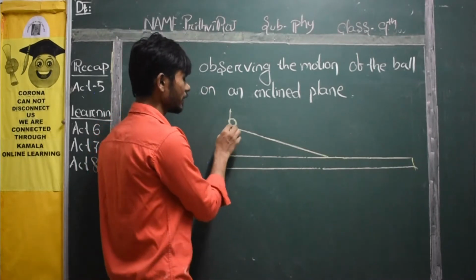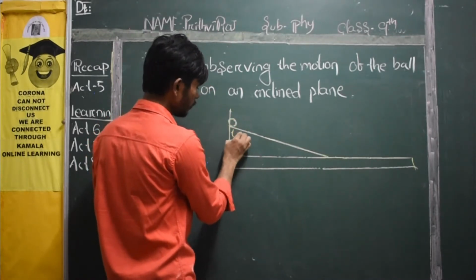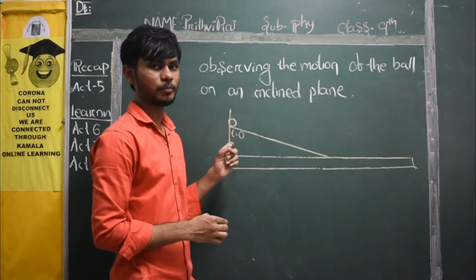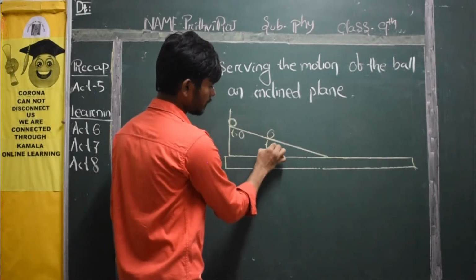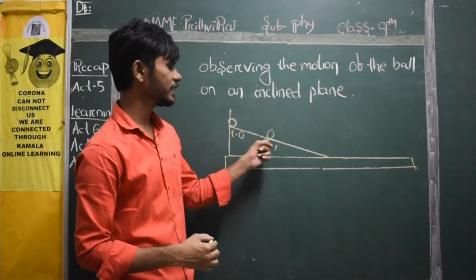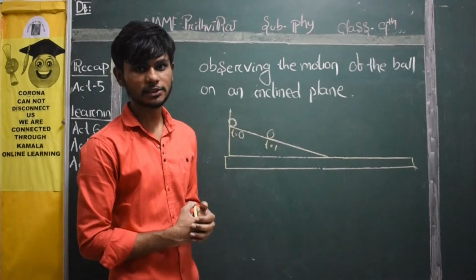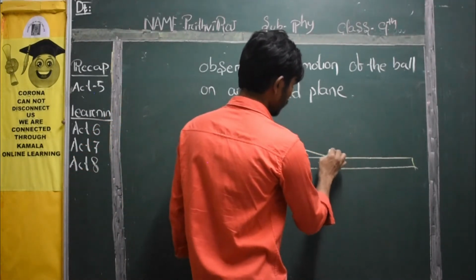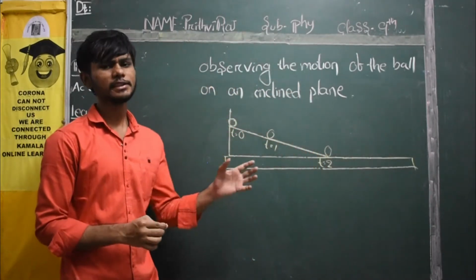Suppose on the first second it is here only. Time is 0 here. Suppose t is equal to 0. If t is equal to 0, the ball will be at the same place. Now t is equal to 1, the ball is here. As you can see, in the first second the ball passed some distance, it covered some distance. And at time 2, in the second second, suppose it is there. Fairly the distance is equal.